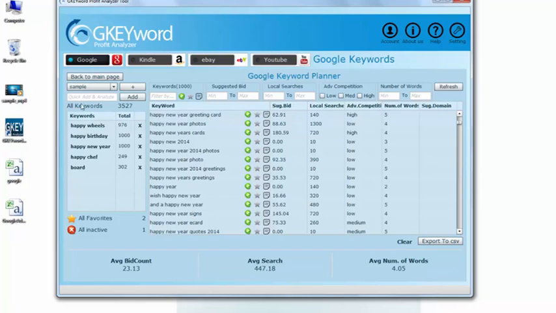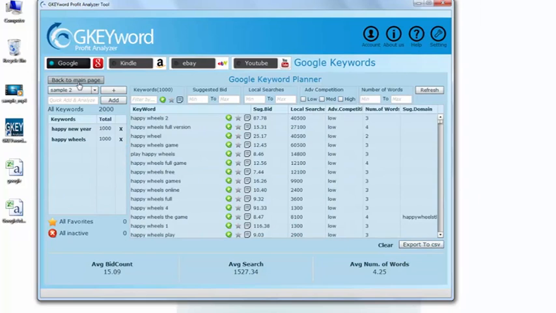Below the data grid you see that the favorites count is 2 and the inactive count is 1. That is also useful for you. You can delete any of the keywords, so it will be removed from the list and won't load back again. You see that next to the keyword total, the cross mark.